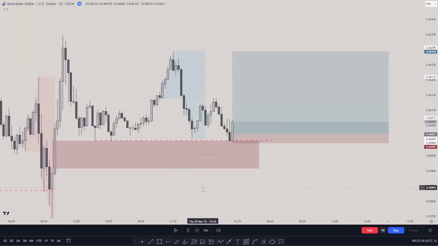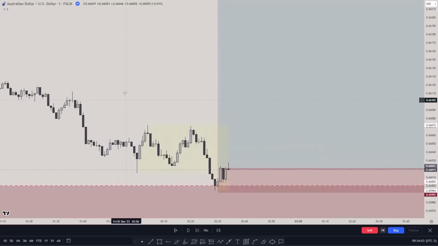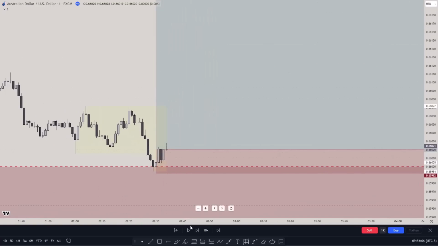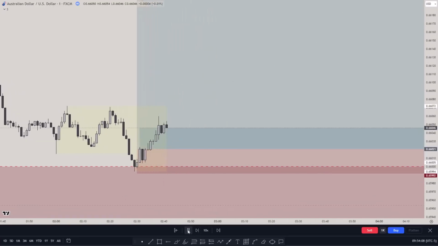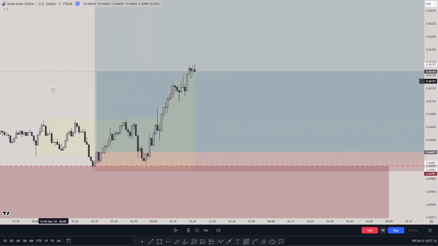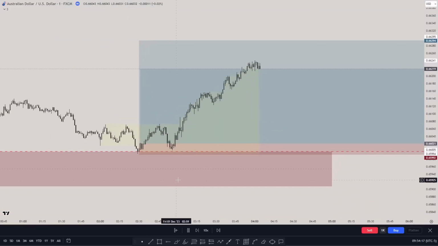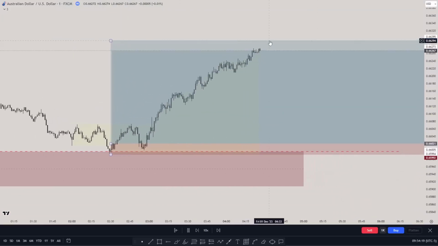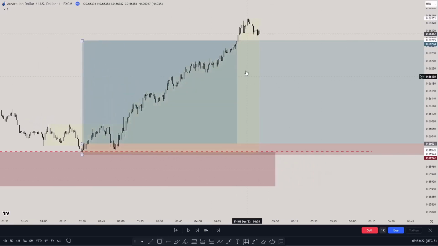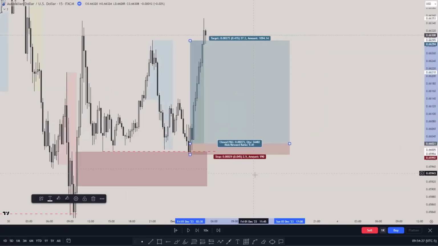Now if you go to the 1 minute, you can simply see what's going to happen. Price a little bit retracing here, another engulfing candle going up. And if I play it fast, you can simply see that price went back into the entry and now starting to go up, and simply going up to where? Immediately to the Asian session. And there you go. If you go to 15-minute back, that's 9 to 1.